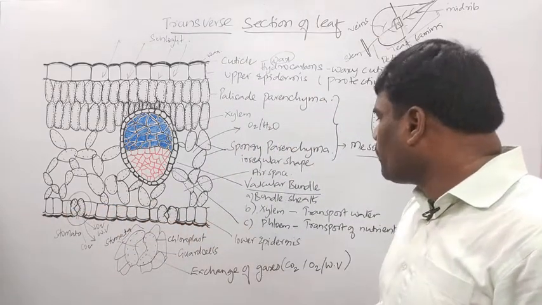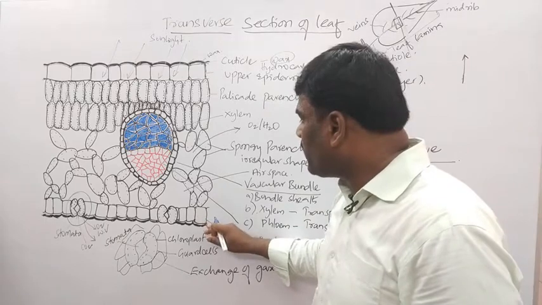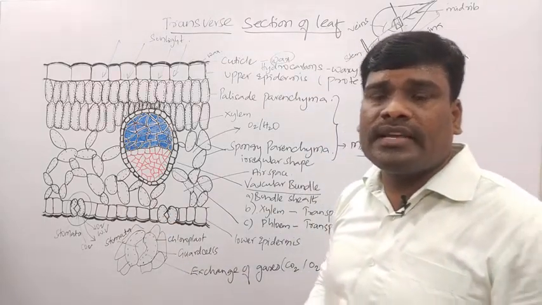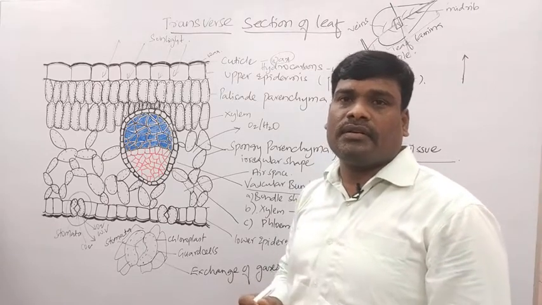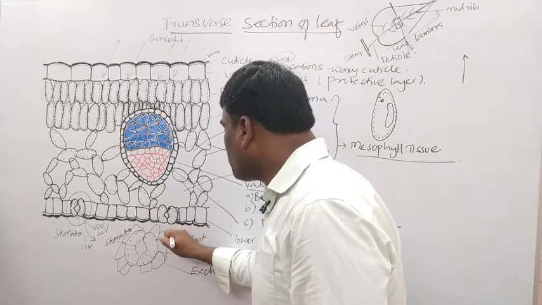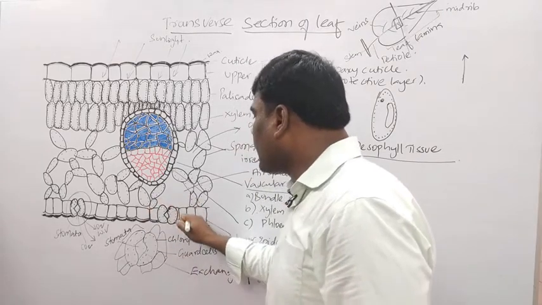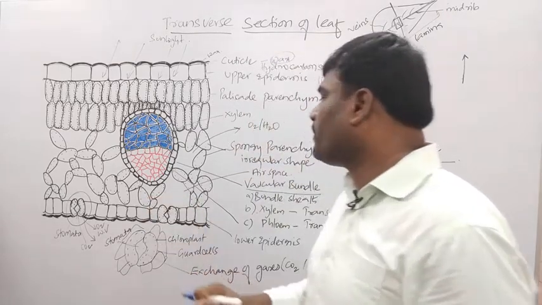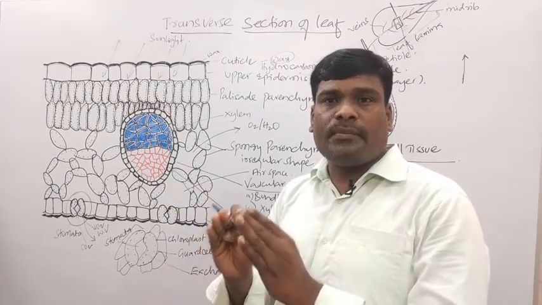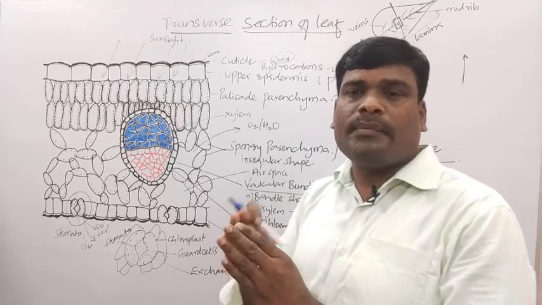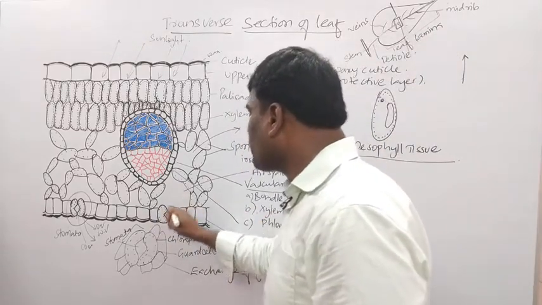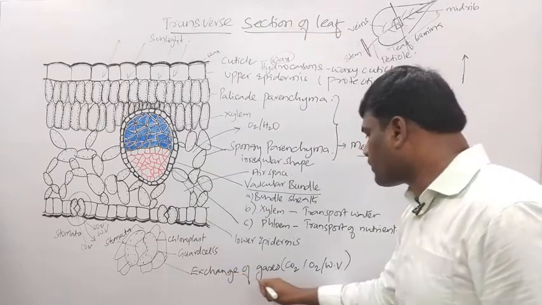And the next, beneath, I mean the last layer, we call it as what? Lower epidermis, children. This lower epidermis is also covered with a waxy cuticle in order to prevent the what? Water, children. Okay, and we see that in the lower epidermis, the rectangular cells are not continuous, so they have breaks, children. Okay, interrupted by special structures called stomata, and these stomata are useful for the exchange of gases.